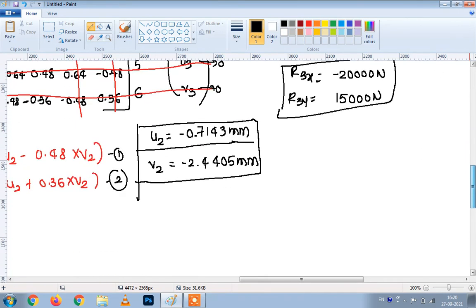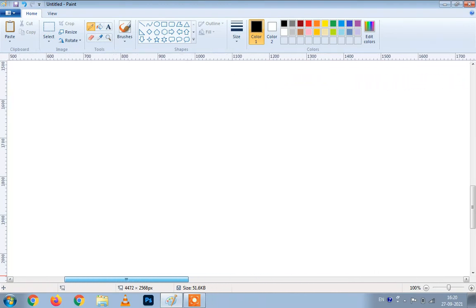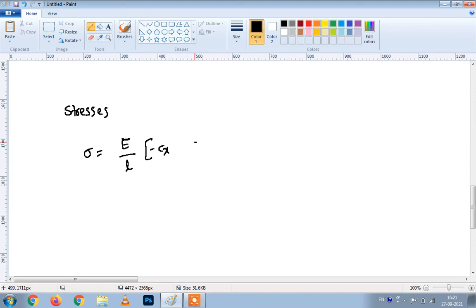Now the last thing that needs to be found out is the stresses in each element. So how to find out stresses? I have shown you the derivation. We have taken this derivation for sigma, that sigma is equal to E by L into minus Cx, minus Cy, Cx, Cy into the bracket of U. So for element number 1, how can we write it down? For element number 1, sigma 1 is equal to